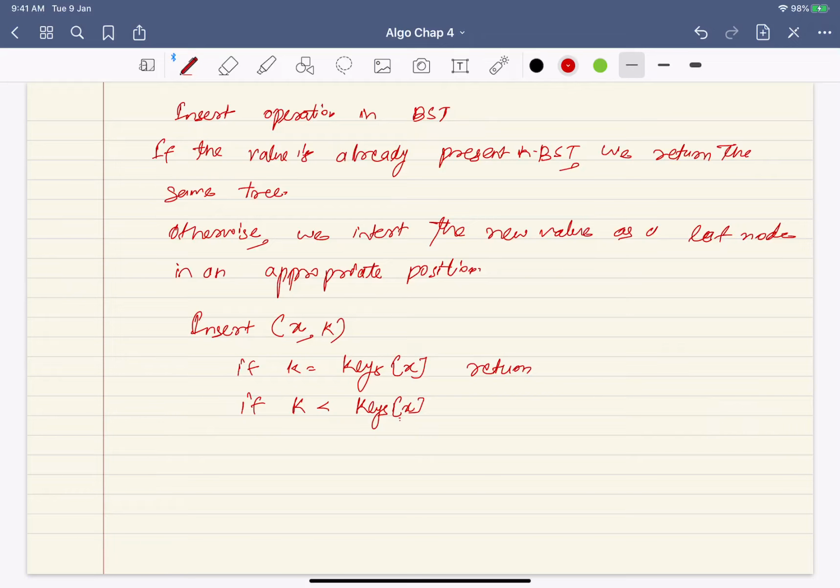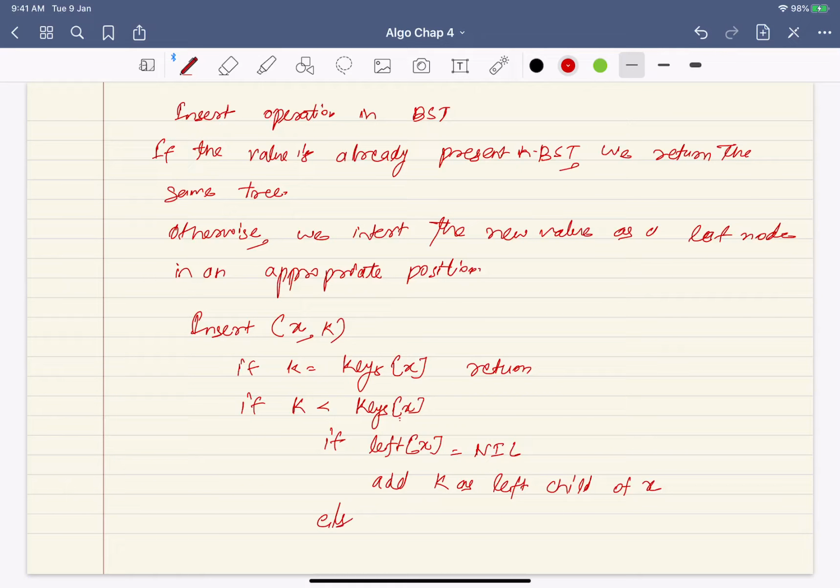In the left subtree, if left of x is nil, there is no point in going there. If it is nil, you have to add k as the left child of x.